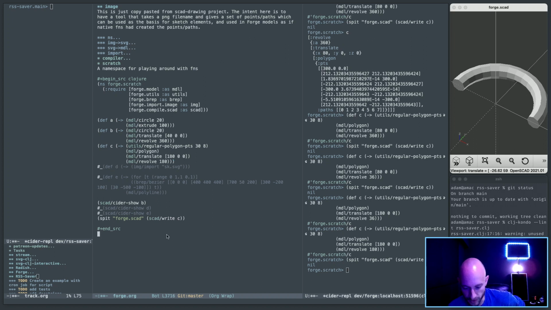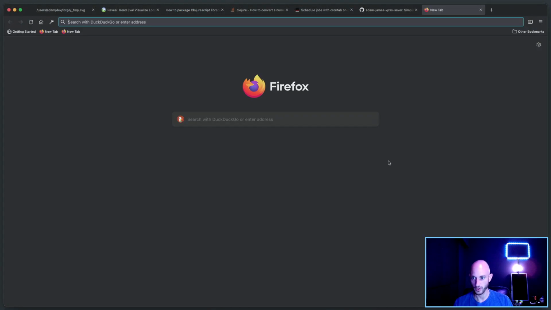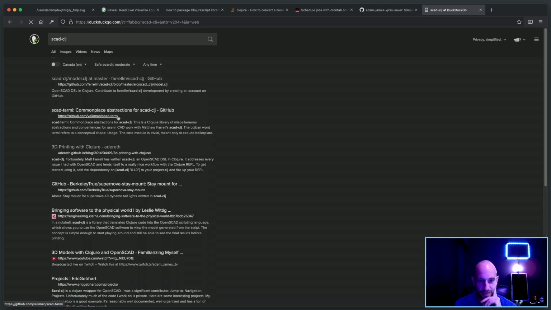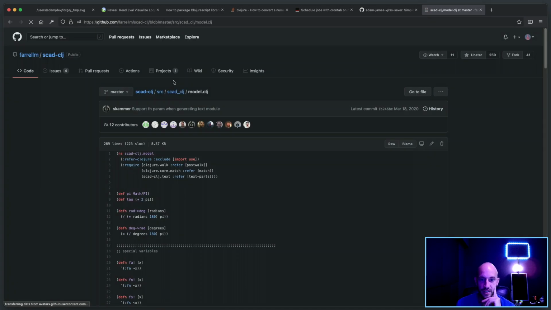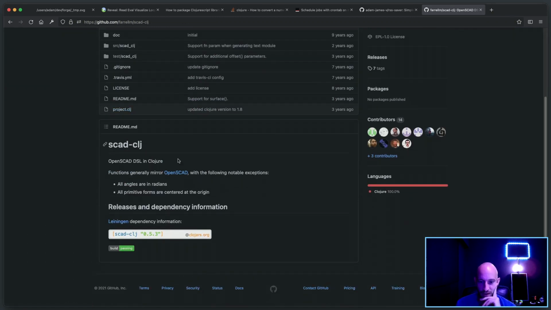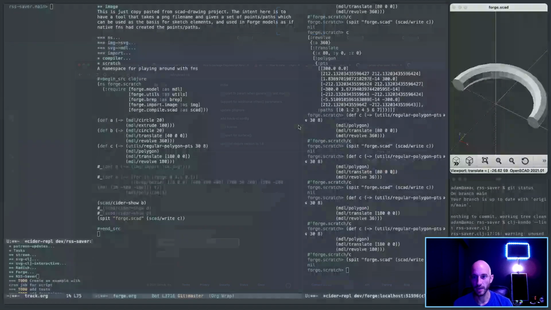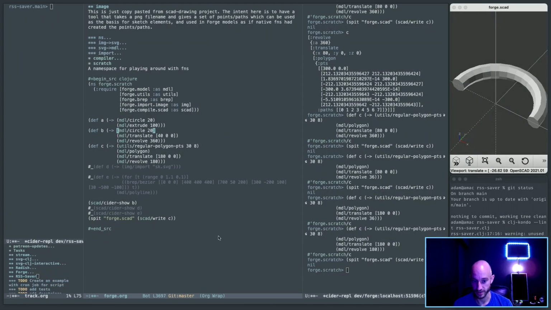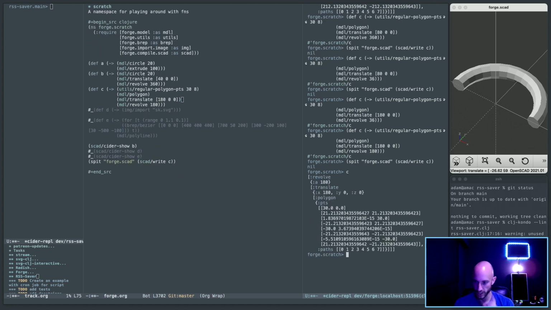Yeah, using Clojure too. Oh, gotcha. So you've probably heard of and/or are using SCAD CLJ, right? I would guess. Yeah. Really useful project. I'm not using that directly anymore. The exporter I've got here is very heavily inspired by it,